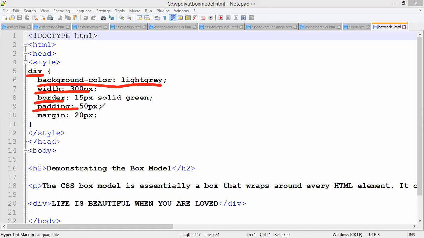Padding is 50 pixels. What is padding, guys? Do you remember cell padding and cell spacing? Cell spacing means the spacing between the cells. What is cell padding? Space between the border of the cell and the content, that is called padding. Do you agree? So here I have a border of 15 pixels. Between the border and the content we have a distance of 50 pixels, that is called